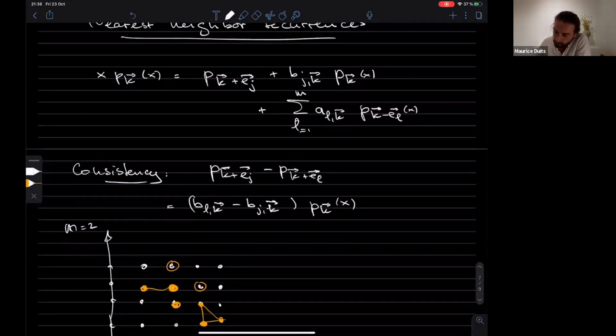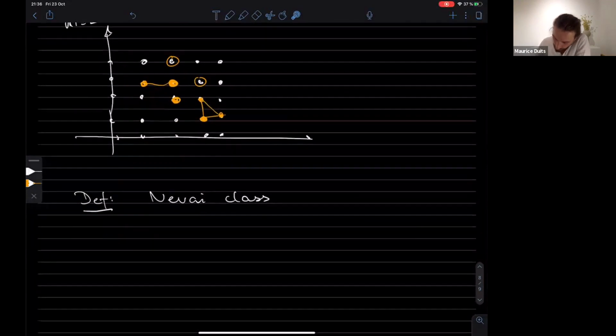And it is a class where these coefficients have limits. Okay, and we say the weights w_1 to w_m are in the Nevai class